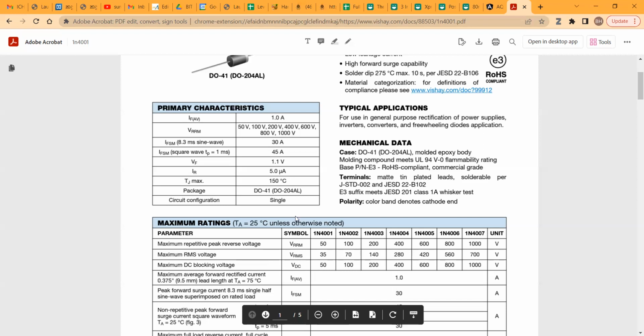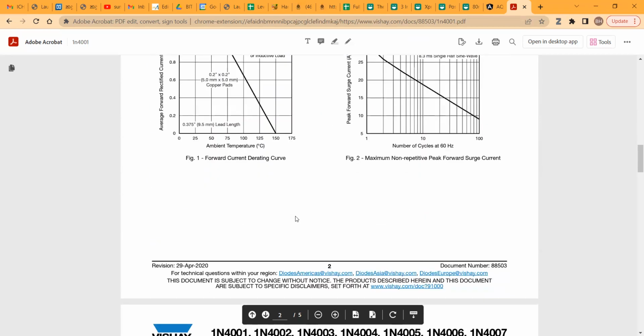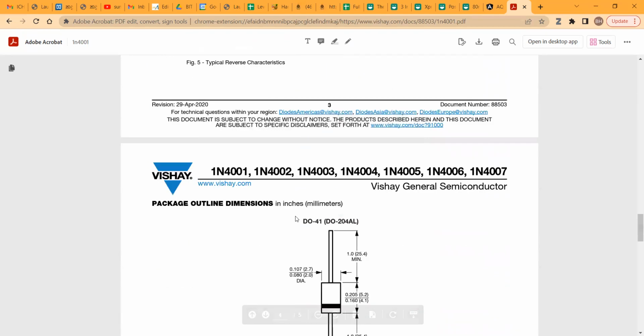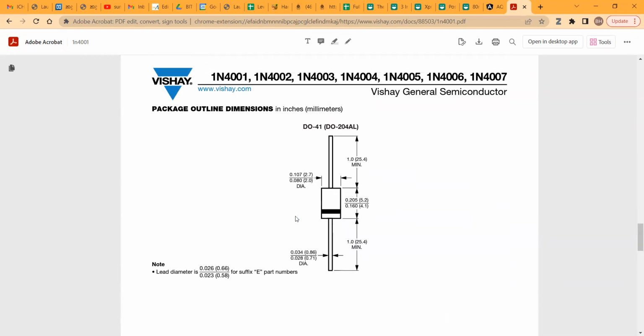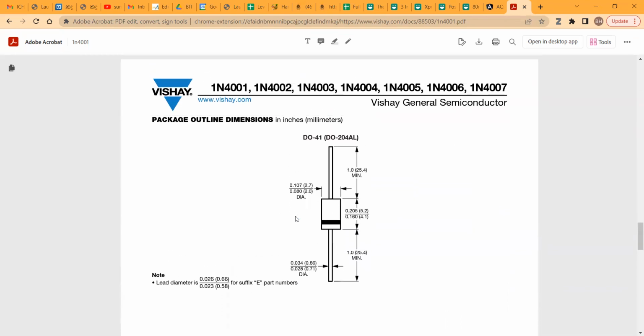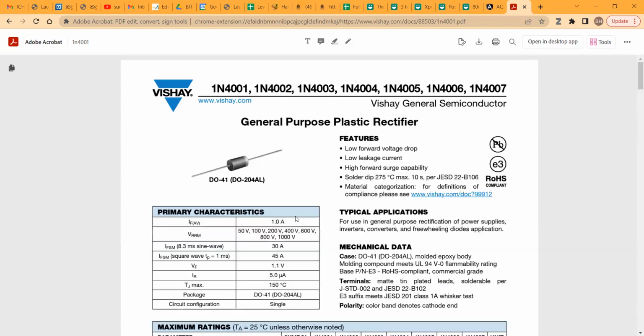And this is in the data sheet, and many more information is there, but we are not going to discuss all these things. This is the diode symbol and the physical appearance, and the physical dimensions are also there. Okay, we can go back to the